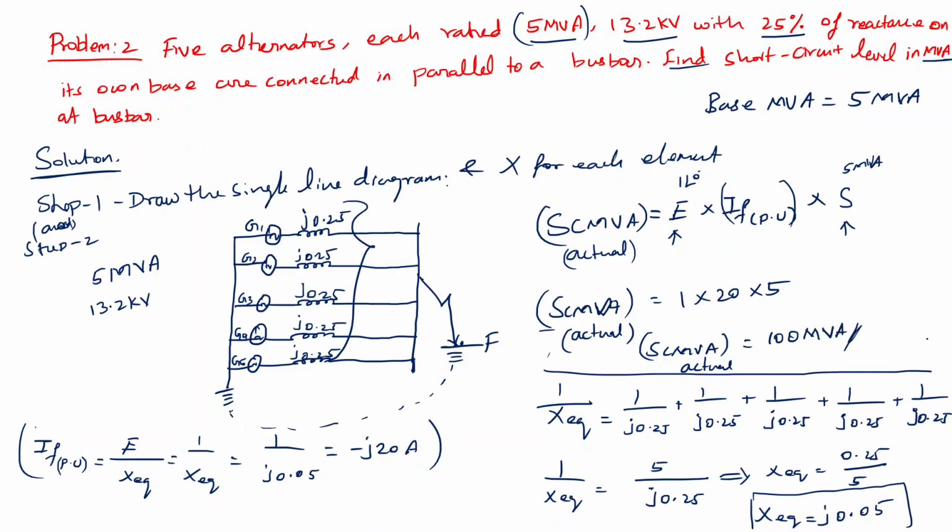Got it? So this is how we can solve this problem without being given any diagram or circuit itself. We can write it just by thinking how the bus bars are connected with all other elements. So here they have given 5 alternators, each rating value is given, and also they are telling all these 5 alternators are connected in parallel to a bus bar. So by taking this word parallel to a bus bar, we drew this circuit. Okay, this is a GATE question and also important for our examinations, but values will differ. So please take a note on this, right?